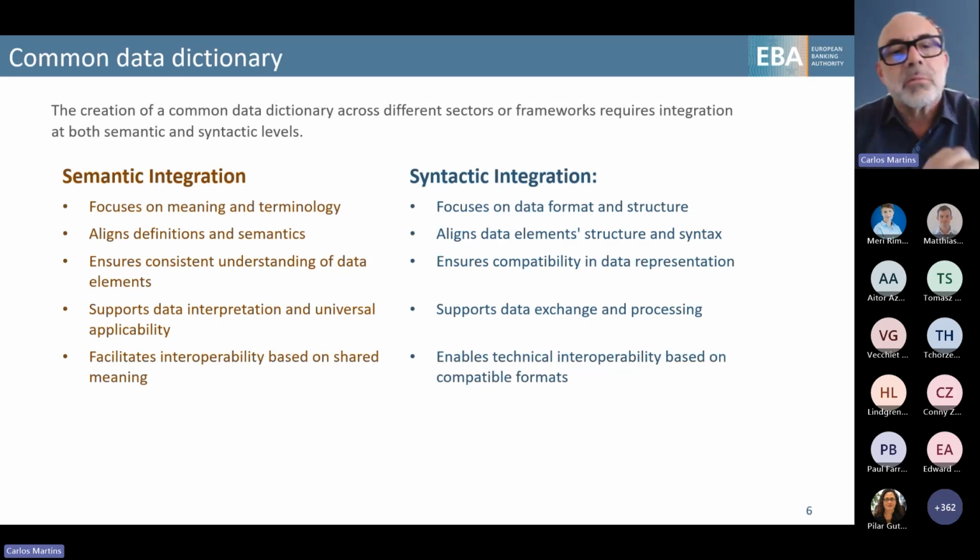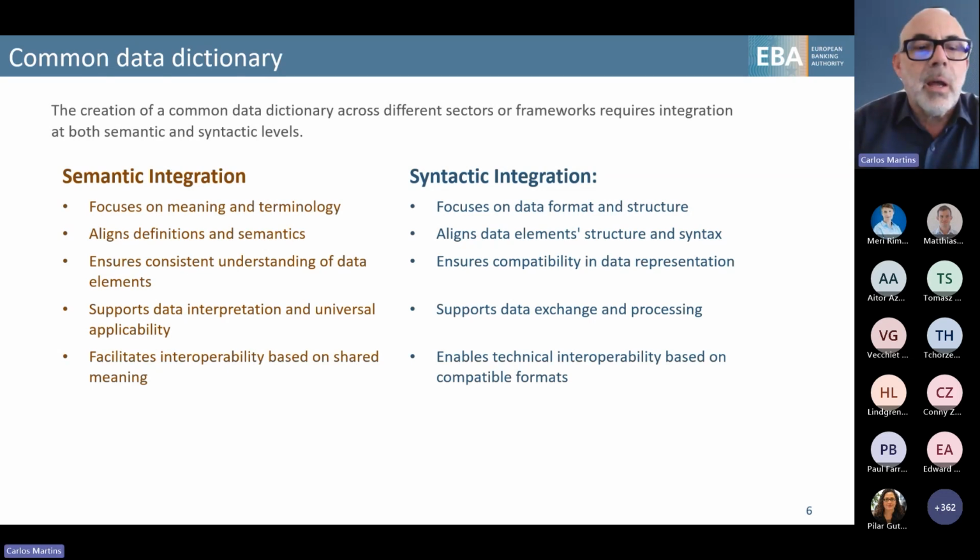One is about having a consistent understanding of the data. The other is to have compatible data representation. Semantics is about supporting the interpretation and the universal applicability of the data, whilst syntactic is more about data exchange and data processing.